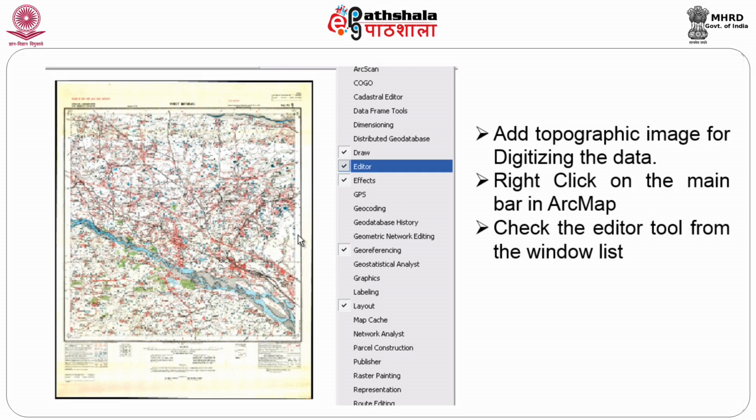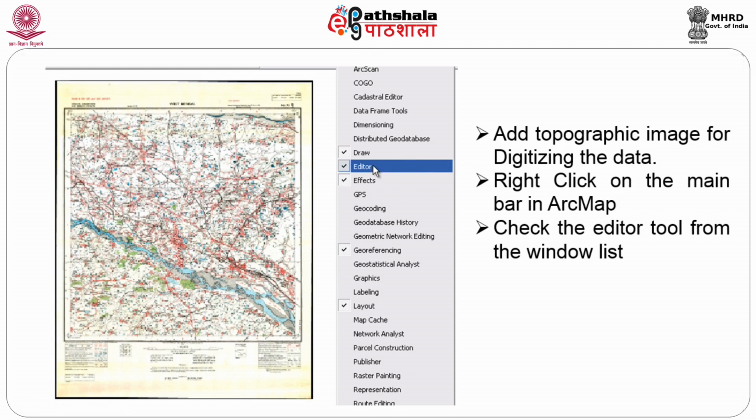Now coming back to the incorporation of your data, how to use the data from that. So you first add the data, namely the topographic map. This is what I am intending to convert from raster to vector. That is the digitization process. I tell the system to go to the main bar, wherein I choose an important toolbar, namely the editor toolbar. The editor toolbar is the most important because it will be used by many people under various circumstances. So let us choose the editor toolbar.